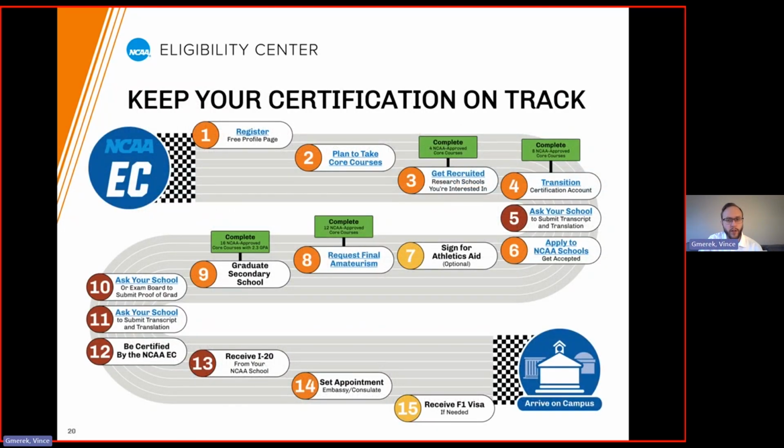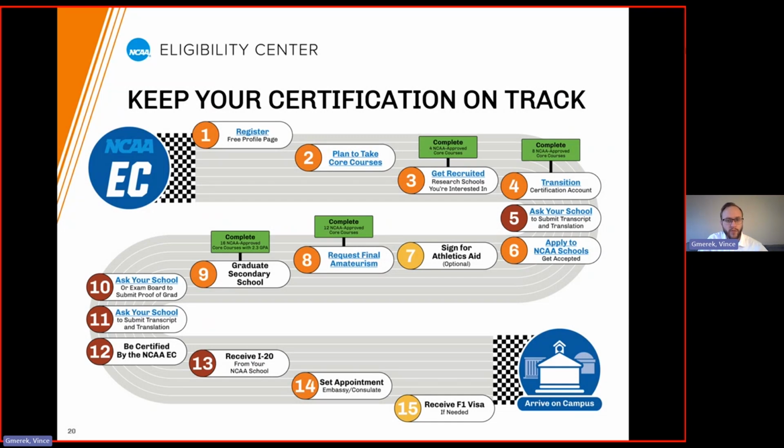All right, so here's a handy chart regarding steps to take and the order to take them in. You don't have to follow this chart directly, but in general, it's helpful if you're wanting a roadmap for how to pursue a career with the NCAA. This is always a handy chart to follow.